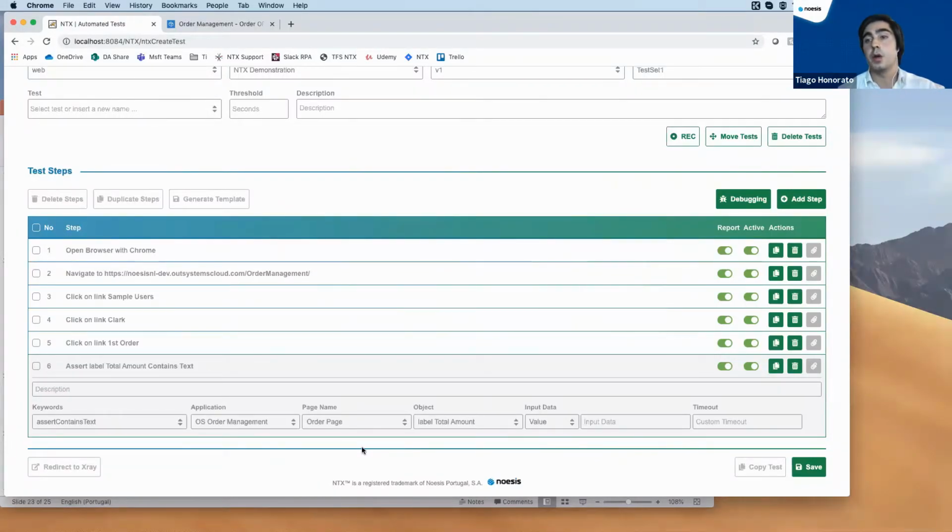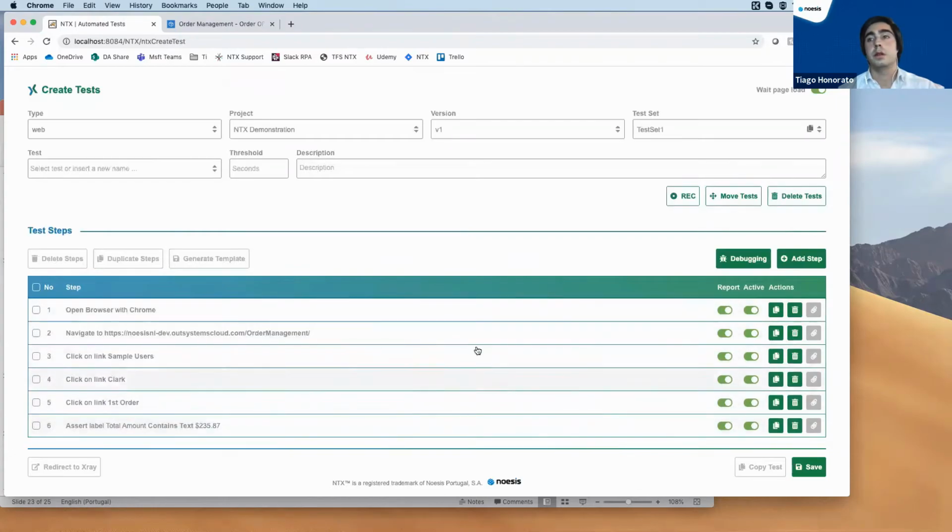So this is a model that we use, named page object model, and it's like that when we capture the objects. So I have the assert contains text on these objects, and I will verify if this amount is in there. So as you can see, it's a very simple test, of course, but we don't have so much time. It's very easy to create a test in NTX.